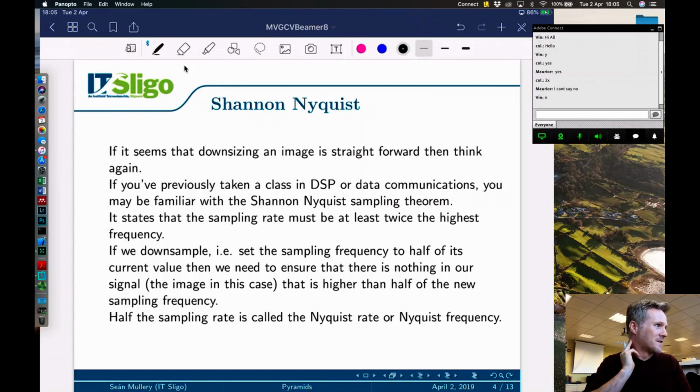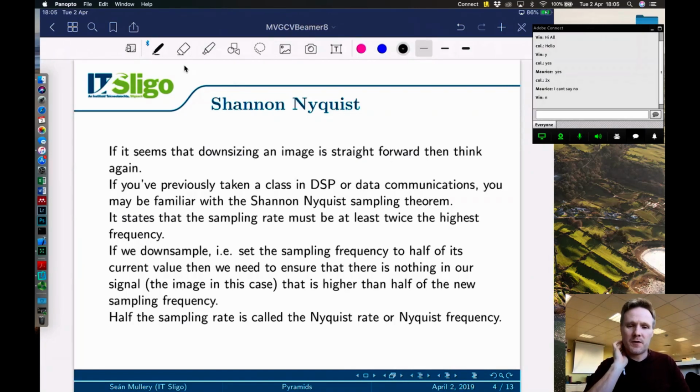Yeah, so Vin isn't, and Carl is saying it two times. So it's related to where you have to sample at twice the highest frequency content that's in your signal. Okay, so if you've previously taken a class in DSP or data communications, you may be familiar with